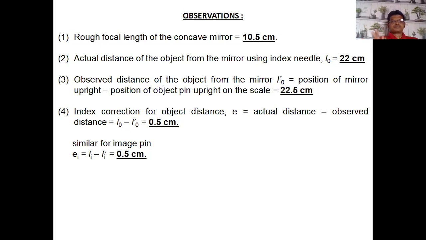Second, the index needle. How is it possible? A simple method: you have one mirror surface and one pin surface. You put a scale and directly measure the distance between the mirror surface and the pin surface; it is the value of the index needle. Then, third, no requirement: directly 0.5 error. So your answer, suppose L0 is 22, then 22.5.